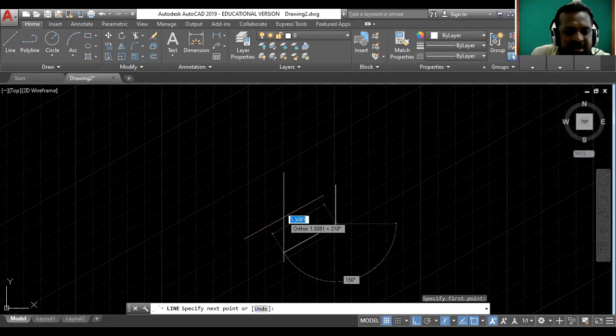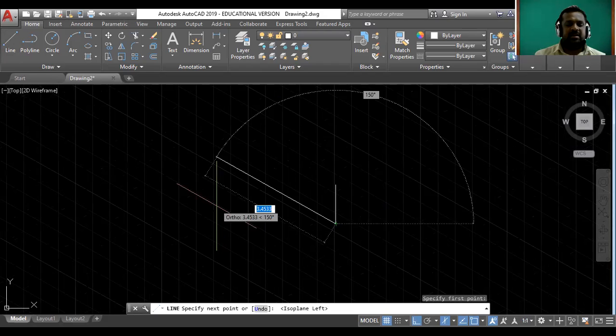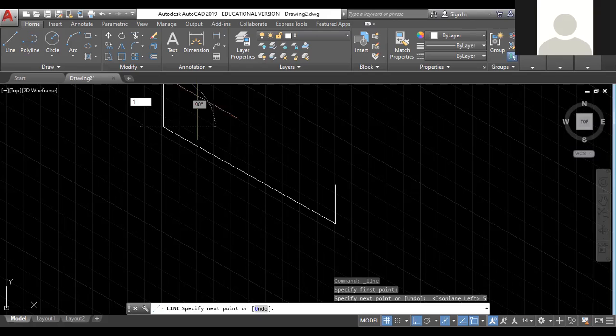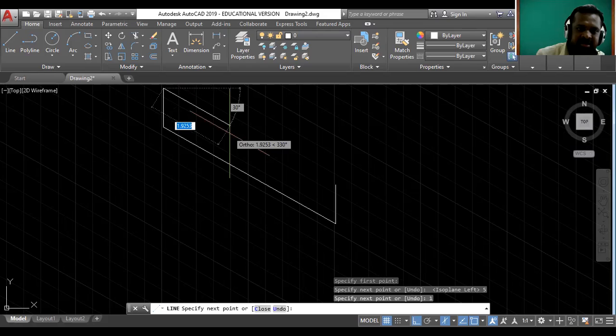Now tell me, again it is not in this side, we have to require the line, but it is showing in this way. Then how to change the plane? F5 key. Again we have to press the F5. Now see here, now it is moving. Then what is the length of this particular horizontal line? 5 mm. Enter. Again in upward direction, it will be 1 mm. Enter. Again in this side, 1 mm. Enter.